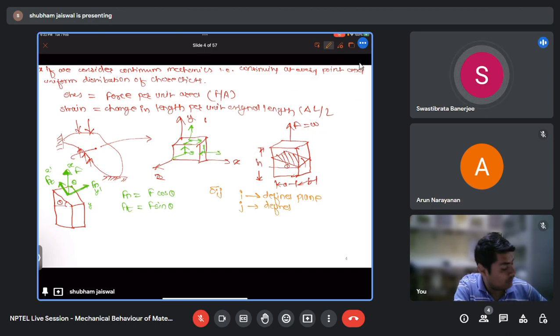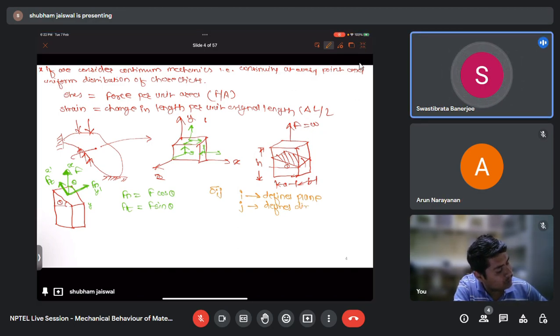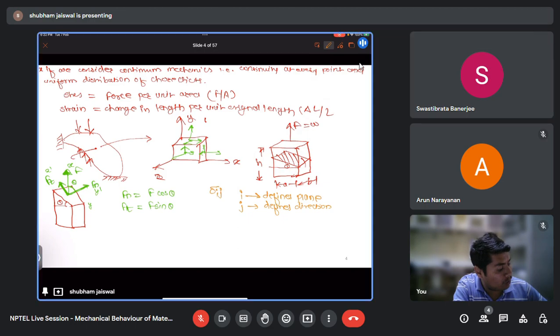The direction of the axis, the direction of force, in which direction the force is applied. So if i is equal to j, then it is normal stress, and if i is not equal to j, then it is